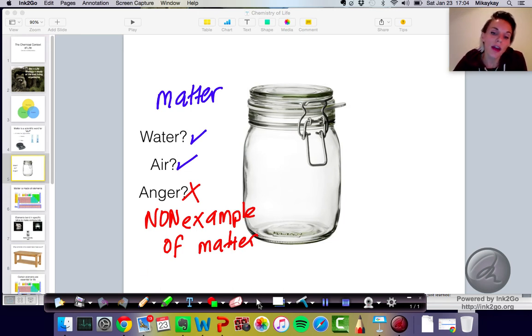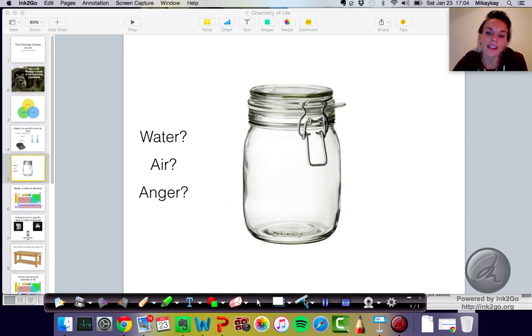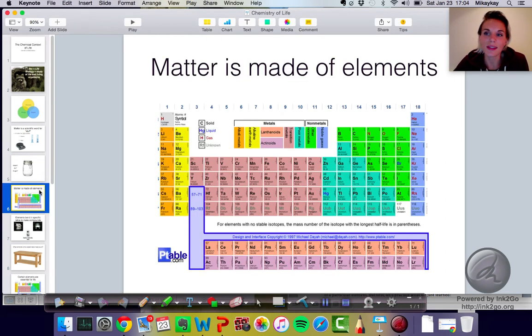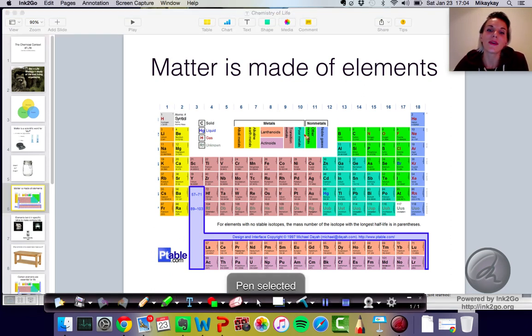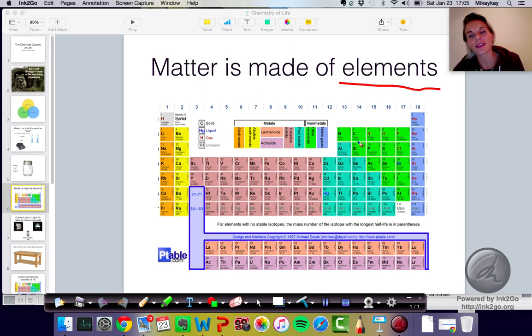And so that's all great, pretty straightforward, matter. But when we talk about matter, it turns out that matter is actually made up of stuff. It's not all the same. It's not all made out of the same type of material. Matter, in fact, is made up of the elements. So we can look at the elements in our fancy periodic table that I got from P-Table. I don't take credit for having this. This was copy and pasted. So matter is made out of the elements, okay? And we can organize those elements into our fancy periodic table of elements, and it has all kinds of patterns that we can learn to read, and it's really exciting. We're not going to do that much of that in this class, but we need to be relatively familiar with the idea of elements.